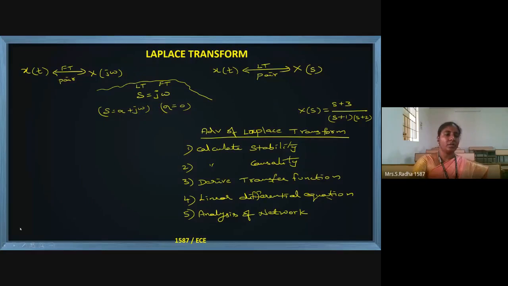Laplace transform, I will continue. In Laplace transform, we have a variable called s. This is called a complex variable. This is sigma plus j omega. Sigma is the real part and j omega is the imaginary part. Whenever j comes, it is the imaginary part. And whenever sigma equals 0, we are left with only j omega. This will come in Fourier transform, where the real part is 0. Other than that, if you replace j omega with s, Fourier can be converted to Laplace. These are the applications of Laplace transform.